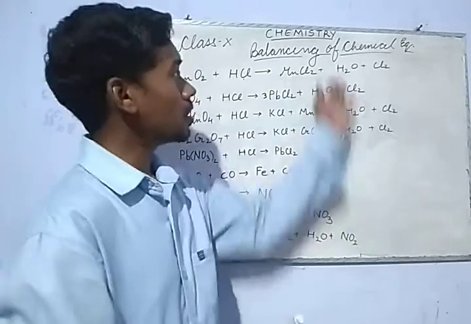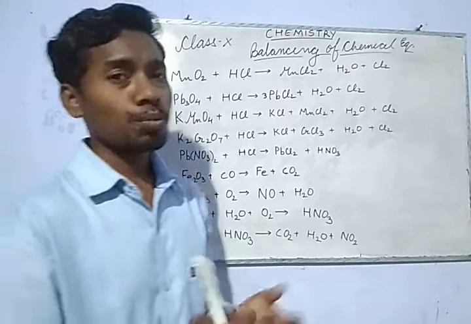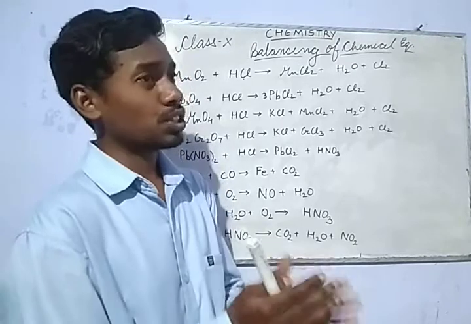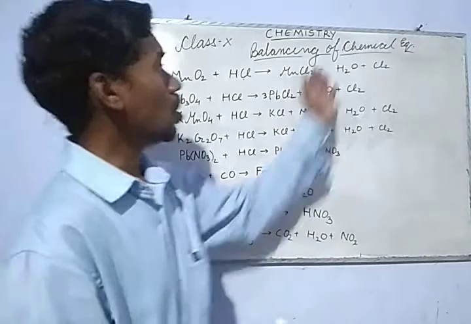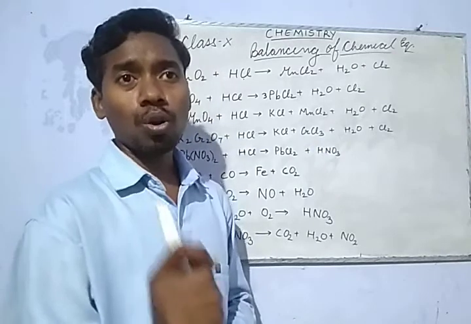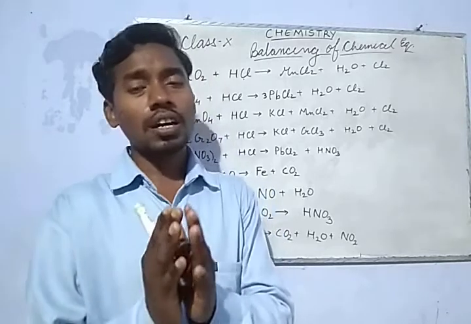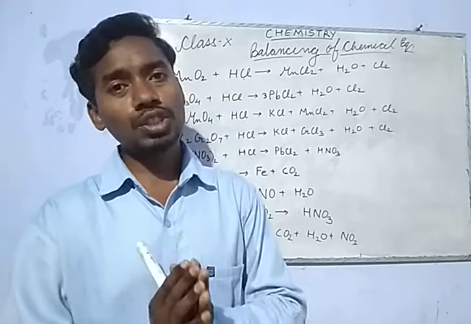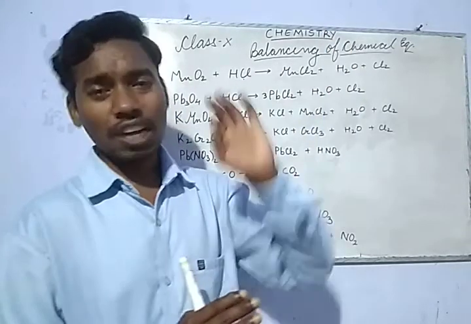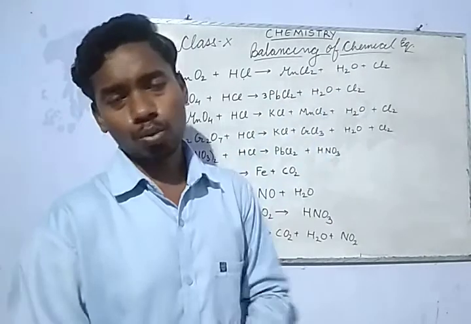Okay, what is a chemical equation? A chemical equation is a way of representing chemical reactions. There are so many chemical reactions, and how do we express them? That expression which represents a chemical reaction is called a chemical equation. And since all the reactions follow the law of conservation of mass, which you studied in standard 9, they always need to be balanced. So we should know how to balance these chemical equations.